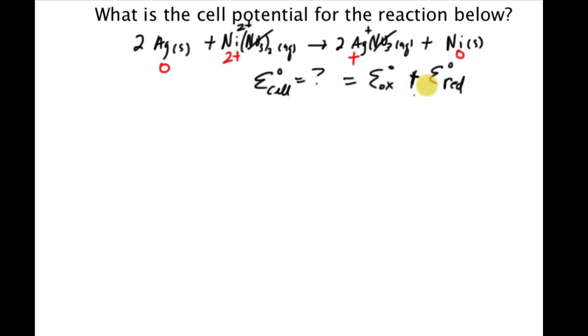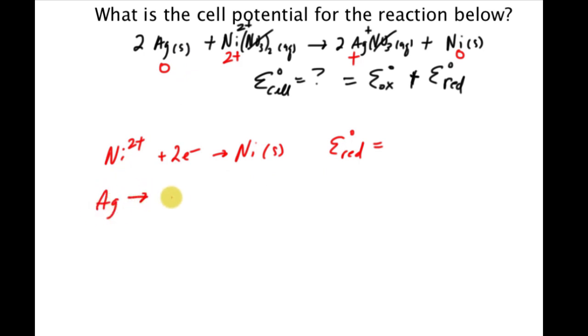So what's undergoing reduction would be the nickel. Nickel is going to be gaining 2 electrons to become nickel solid. We can figure out what the reduction for that is. And the silver is losing electrons. How do I know that? Because it's going from 0 to plus, so it has to lose electrons, and we can look up the oxidation for that. Okay, so we go to our chart,